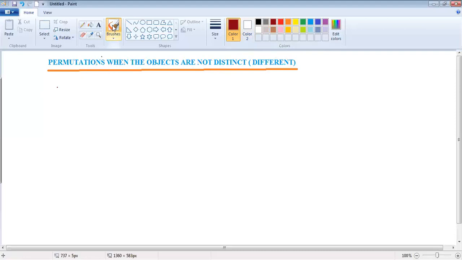Suppose your objects are B, E, E. So you can see that here E is repeating. Okay. So here you can see three objects. Three objects are there. So if I am taking all three at a time,